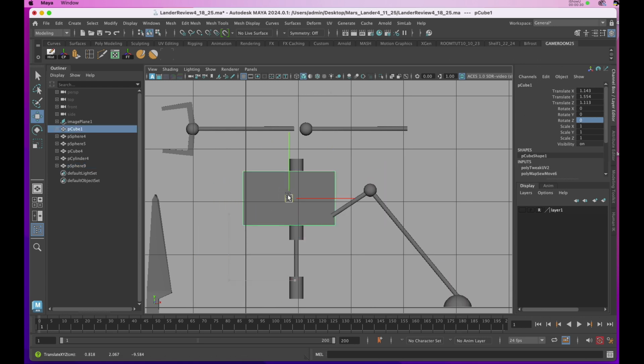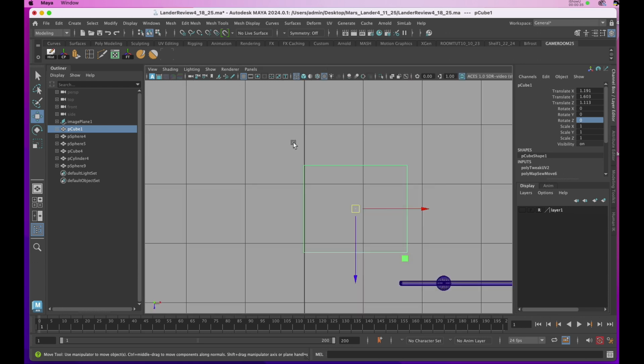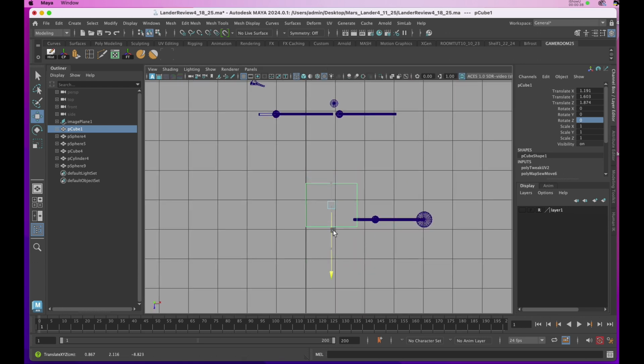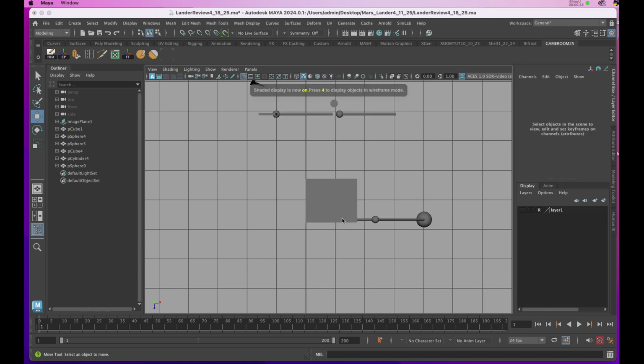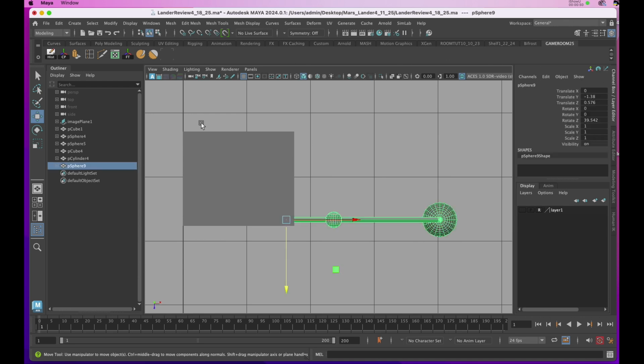I'll move that up and over towards the leg. So we're getting the first leg into position, then we'll get the others taken care of. Going to my top view, I'll line it up so it's kind of tucked in the corner there. If I was hitting 5 on the keyboard, you can see now, this is kind of what we're looking at at the moment. I'll delete the history, freeze the transforms, and then I'm going to go to my channel box,